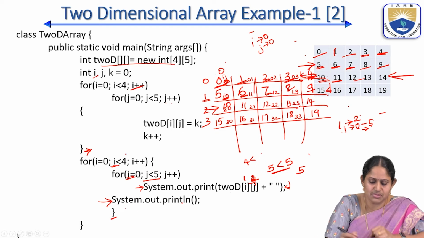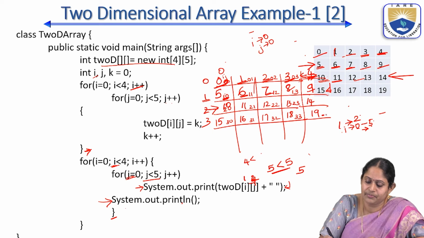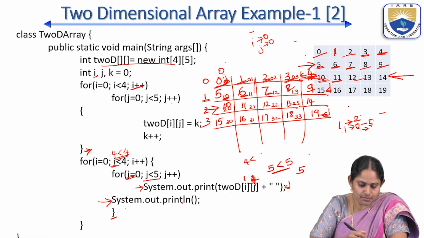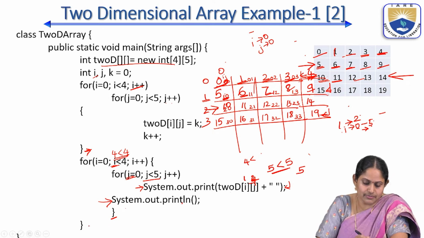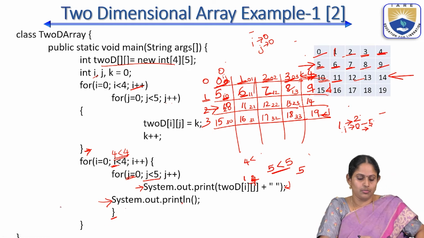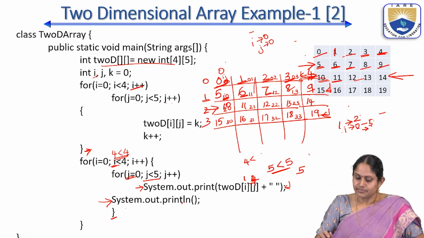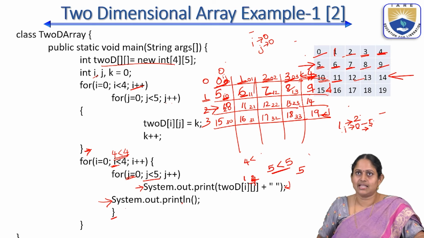Once the fourth row is also printed, the i value becomes 4. So i less than 4, the condition fails, it comes out of the loop, and the execution will be stopped. So this is about arrays,